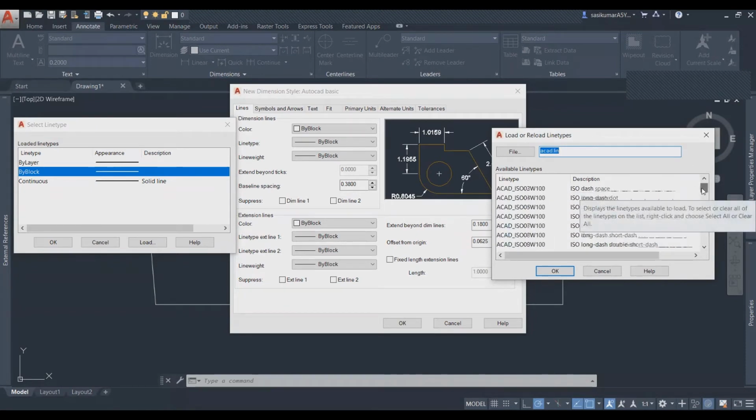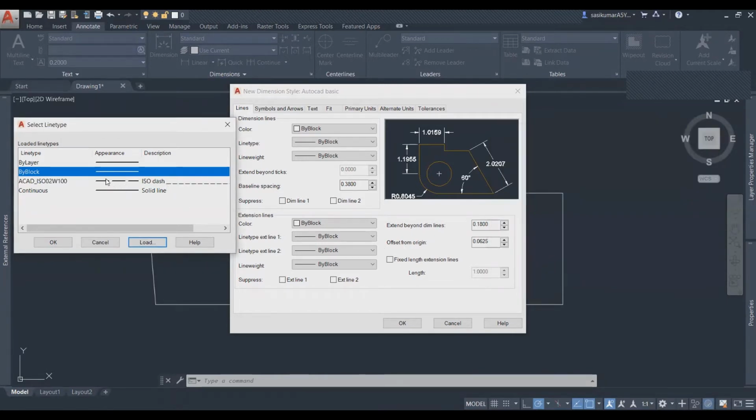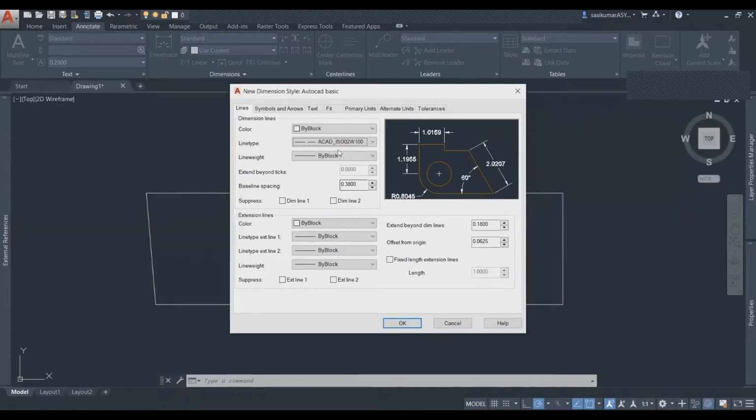See, I hope everybody can see that. For example, if I am choosing the dash line, select the dash line, say okay, then automatically the dash line will come to your select line type. Then again you select the dash line, okay, then automatically it will come to your line type. Maybe this one is not reflecting here, but it will reflect in your drawing when you do the